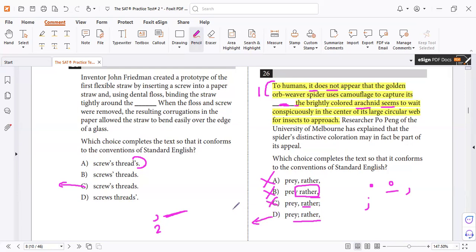So it's letter D. Revise the position of the transition words. As I told you, it has all three positions: at the beginning of the second, in the middle of the second, at the end of the second. That's all.